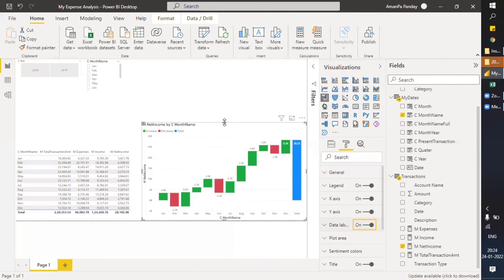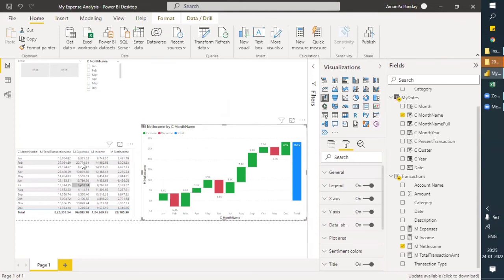So now moving to some time intelligence functions, how we can use them in calculating the financial data. Let's now move to the next part, where we'll be calculating expenses YTD.